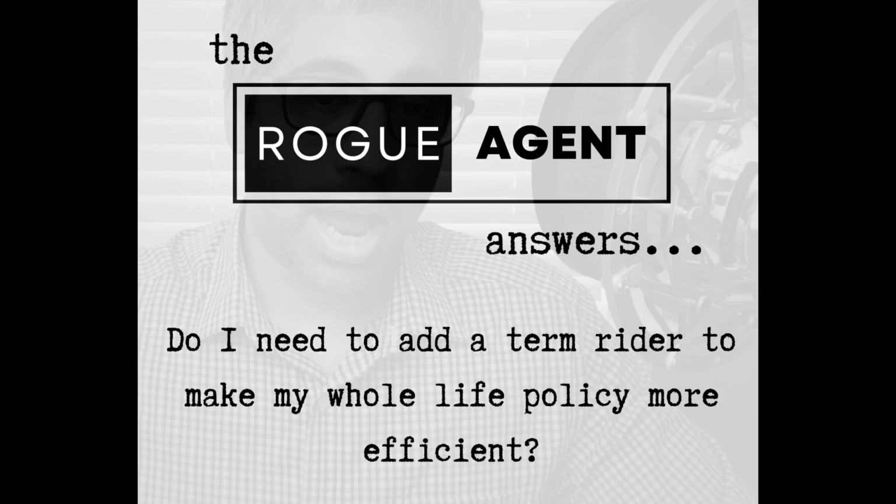Do I need to use a term rider or a term blend in order to get the most efficient whole life policy? So this question is in reference to using term blends on, I think, most policies, but this one specifically references New York Life's whole life policies, and what they call their dividend option term or DOT rider. So there's some backstory. I'm just kind of shortcutting to get straight to the question, but it actually references a post on the Visible Policy, which is a kind of long-standing